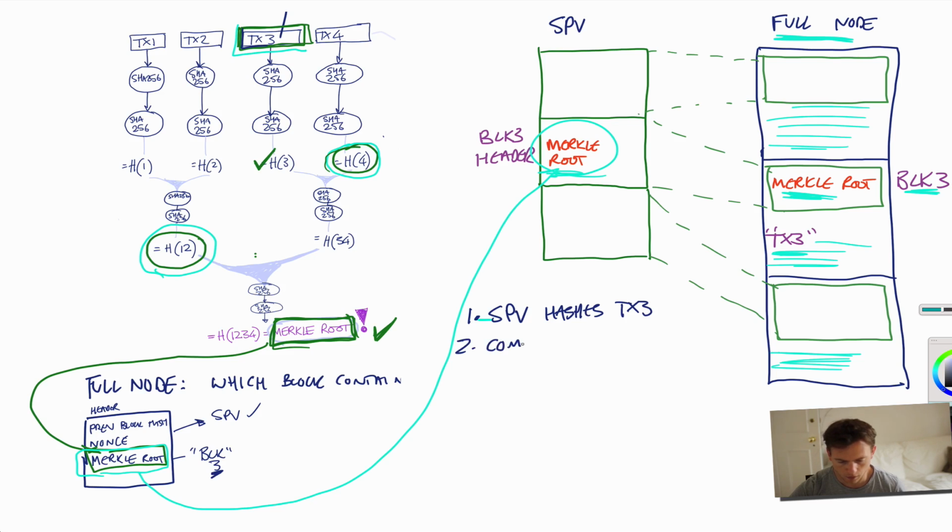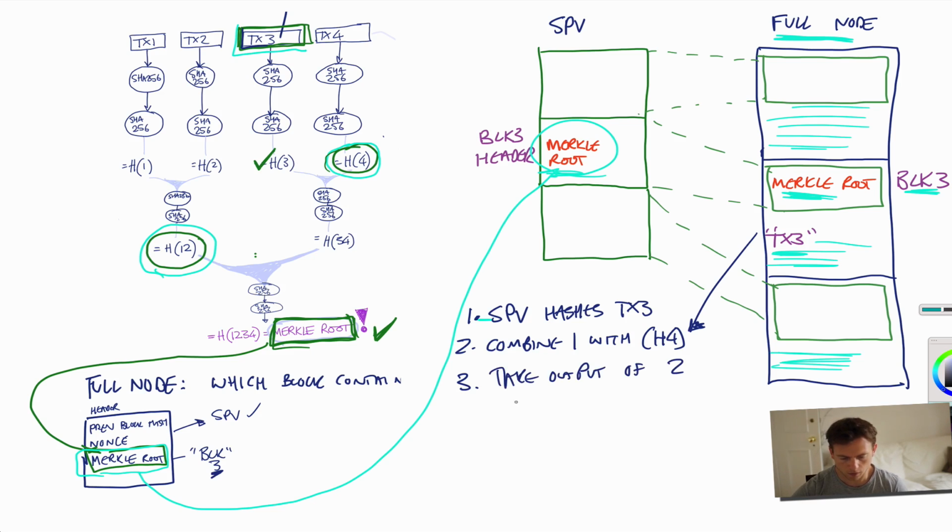So combine 1 with H4, and H4 comes from the full node, right? It's as part of the Merkle path. Then take the output, right, of 2